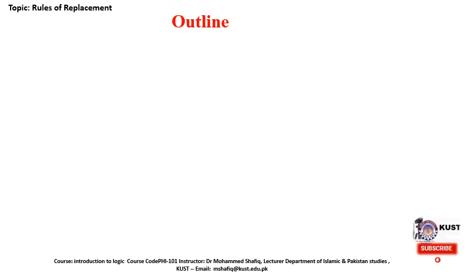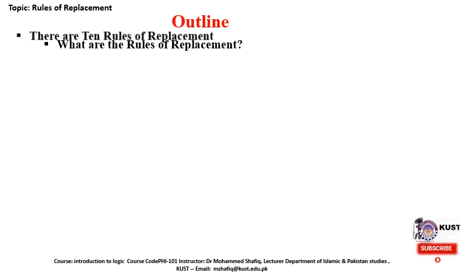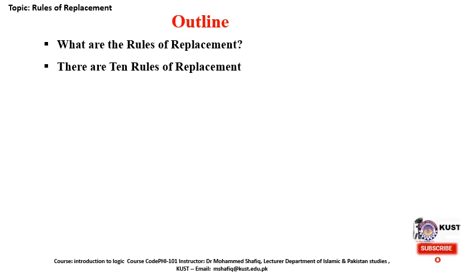The outline of today's lecture consists of two parts. First, we are going to look deeply into what we mean by rules of replacement, and then we are going to look into the rules, which are 10 in number, the 10 rules of replacement in symbolic logic. And these 10 rules are: number one, De Morgan's rule,